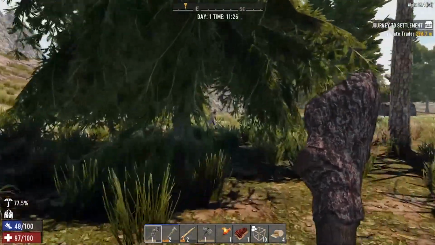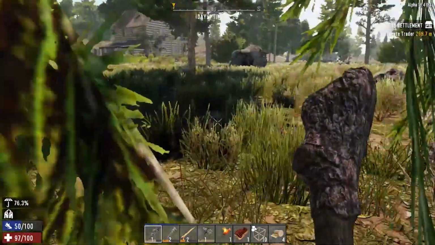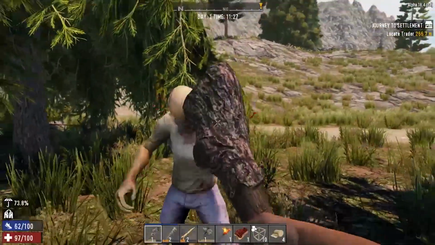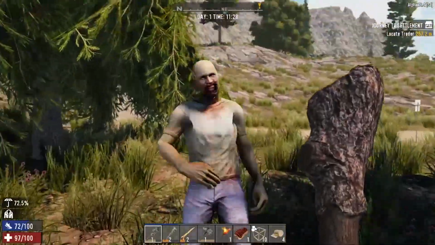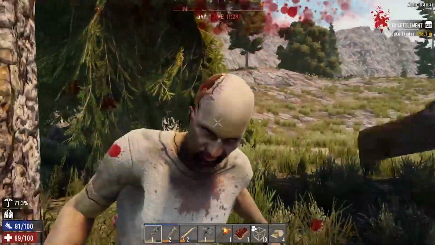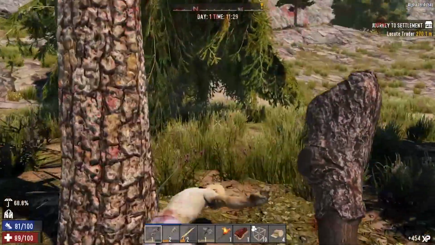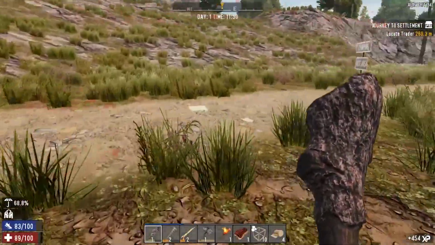So we're not too far from the trader now. Oh, we got ourselves another zombie here. Build up some stamina again. There's another POI just to the right of us. So once I've sorted this guy out, oh, we've upset him. Now, if you annoy the zombies, you can enrage them like that, so they start